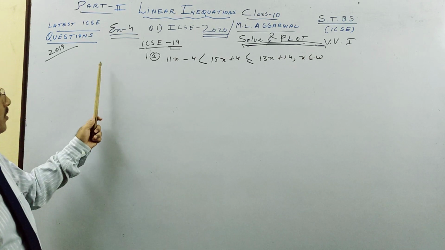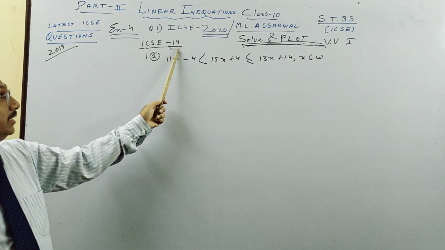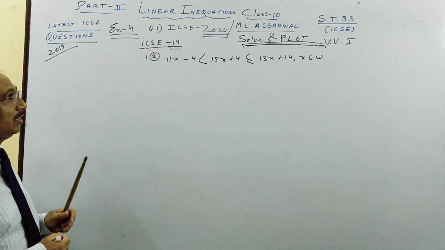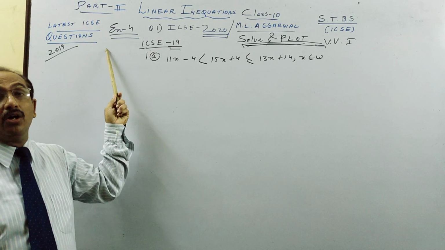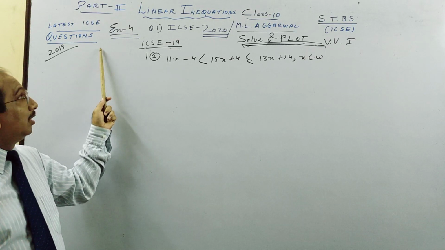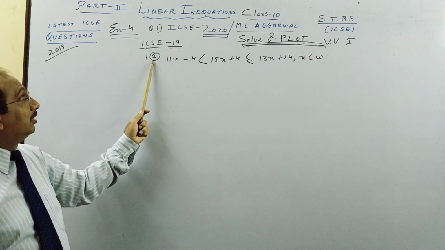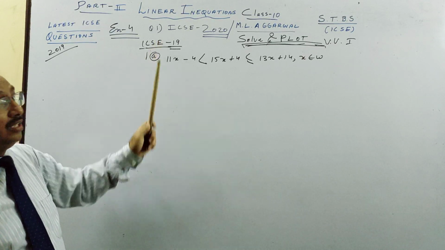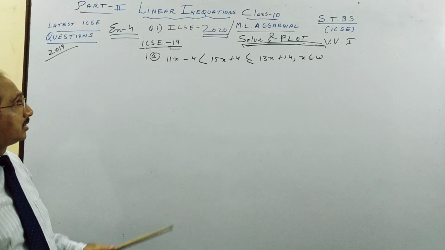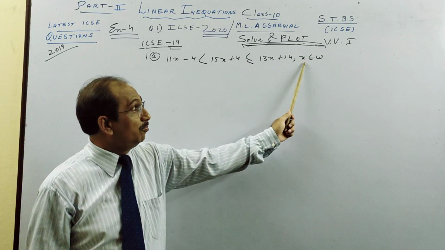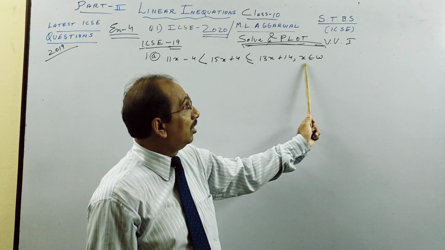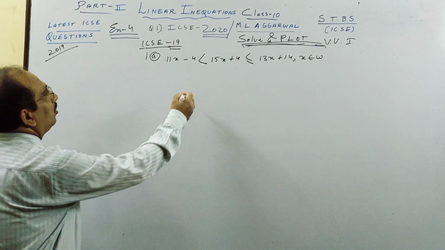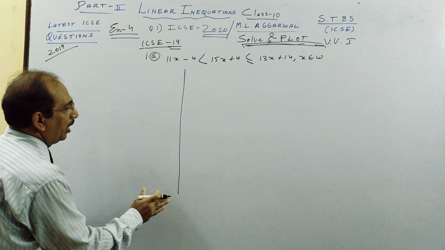Now I am starting with year 2019. The best part is, in year 2020, I think it was question 2A or 2B. But in 2019, this is the very first question in ICSE, question 1A in last year's ICSE. You will see this question was given. And remember, this time I tell you, this is called the replacement set. All the values here I'll explain. So let's go. Like before, I divide it into 2 parts.